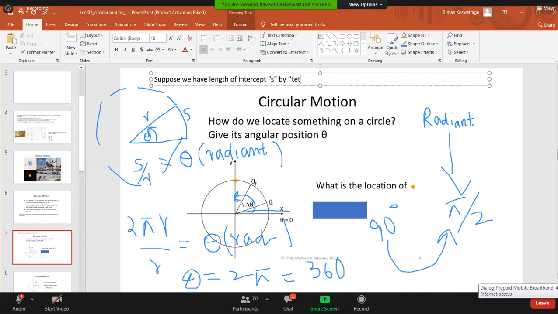Theta angle. So it's not theta, so please denote theta perfectly. Angle of a circle